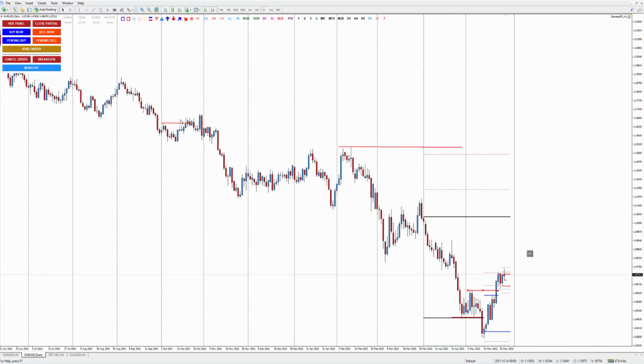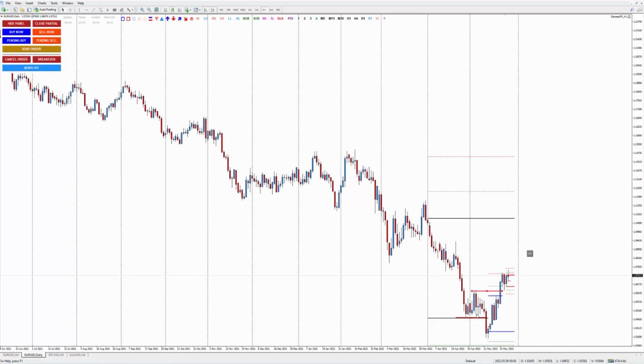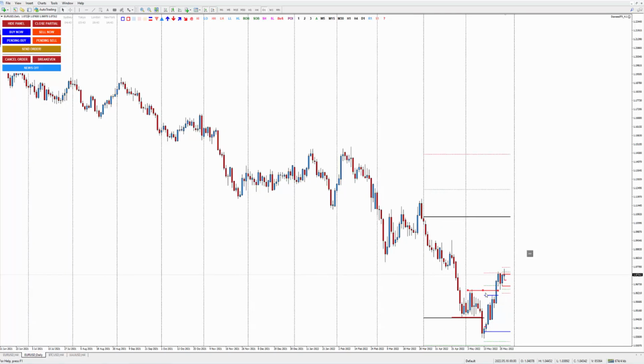If you take a look at a chart, for example, on the main structure, the rule of thumb is, if you want to see a real CHoCH, to me it should be based on the main structure rather than on the minor structure. You do not want to take a CHoCH based on the minor structure as a reversal. To me, this is not a reversal yet, but this is a change of character, yes, but it doesn't show a real change of character.